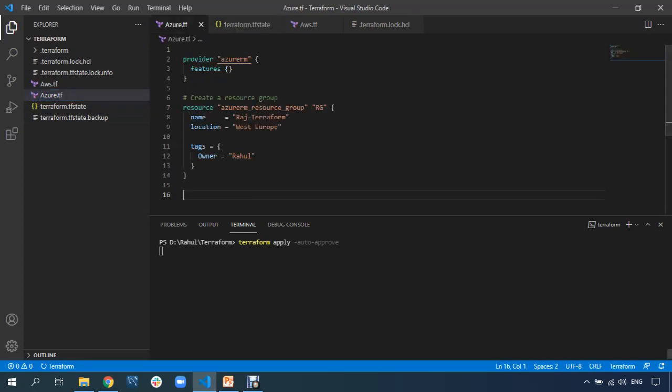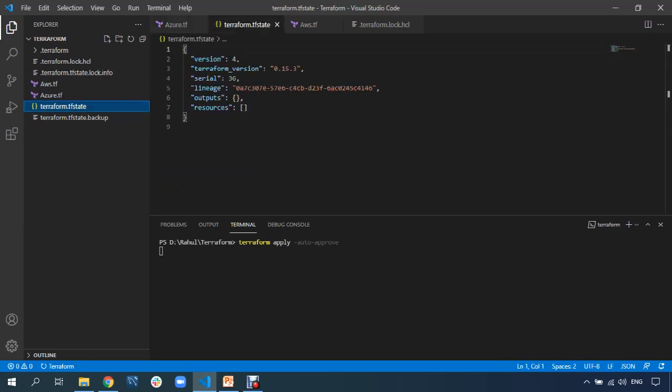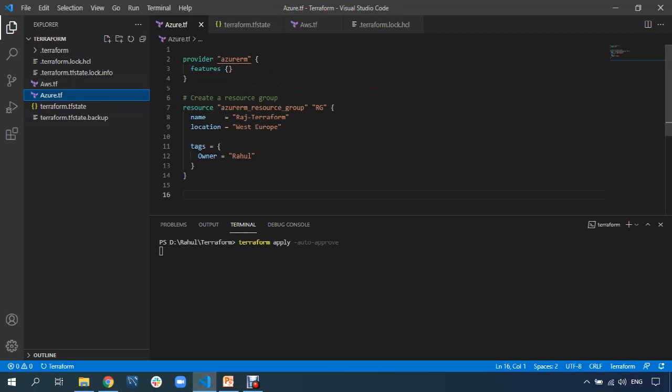So the resource is getting created. So we have to wait for a moment until this resource is created. So once this resource is created, then we'll see the information. I'll wait for a moment, let this resource gets created.